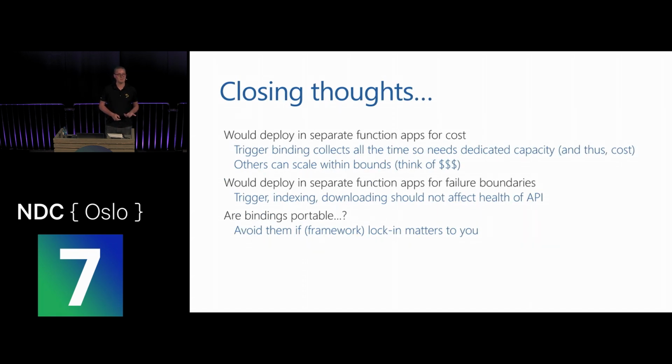Some closing thoughts before we all can leave. When we would deploy this and take this to production, we would probably take separate function apps, not only for costs, but also for scalability and making sure that those functions don't interact with each other in terms of memory and CPU usage on the Azure Functions runtime. So what we would do is probably put search separately, put the indexing separately, and put the web API separately, because